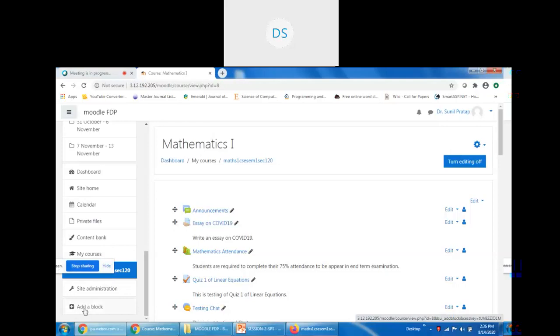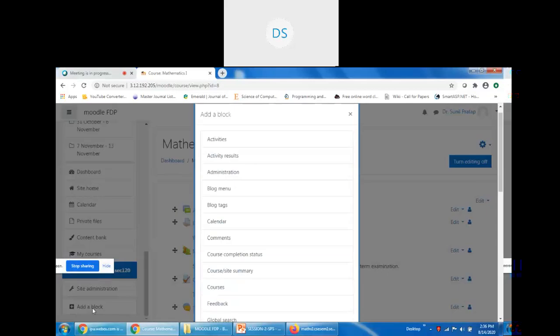For messaging purpose, we may add a block of online users. So this block will enable us to know which users are online, or you can say only the online users will be displayed in this block. So add a block, and you will see different kinds of blocks available in the Moodle environment.